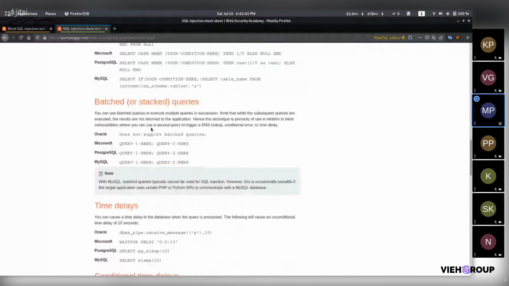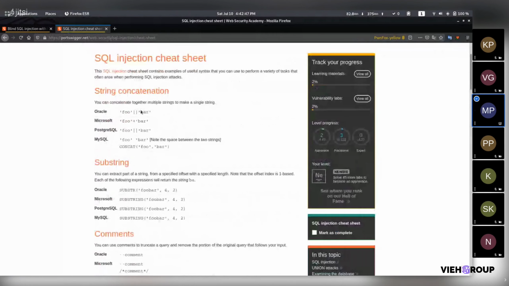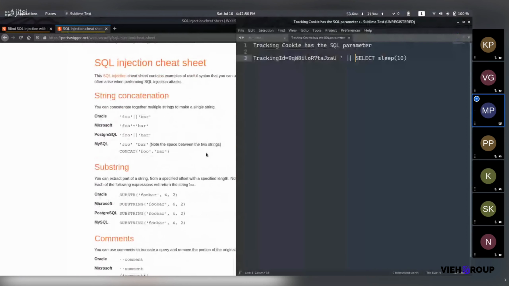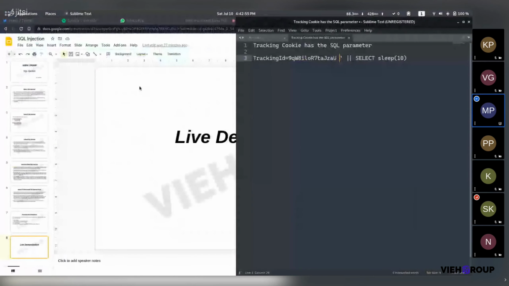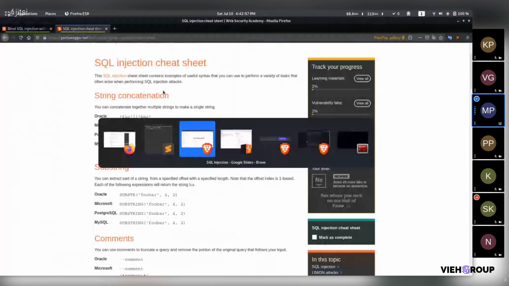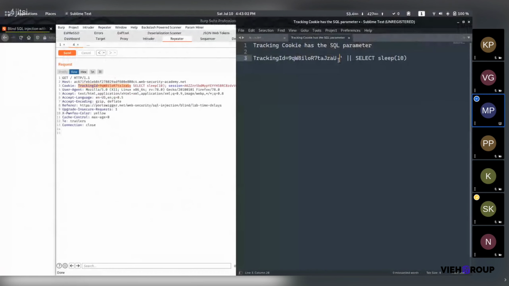See, we can get the string concatenation here. By adding this, we are ending this tracking ID query, and then we are adding our query, that is select sleep 1.